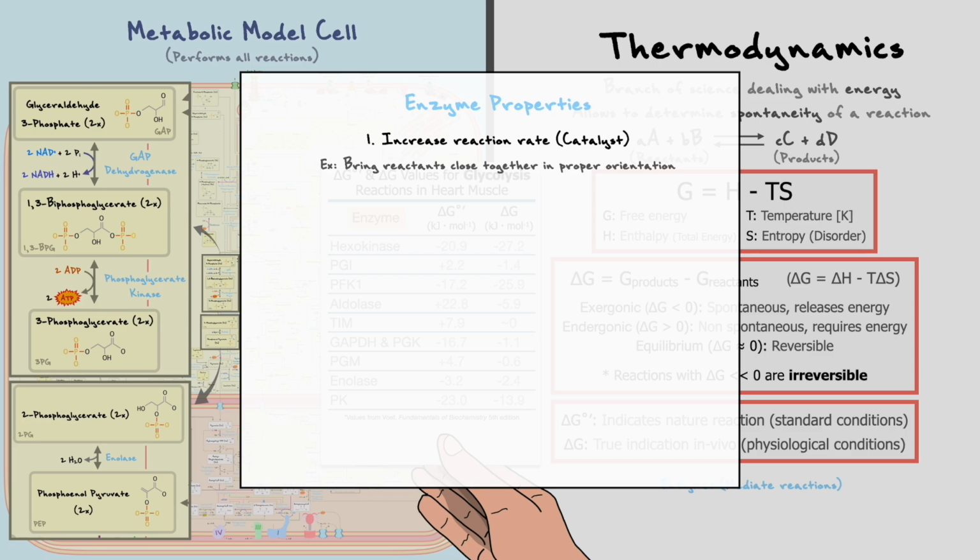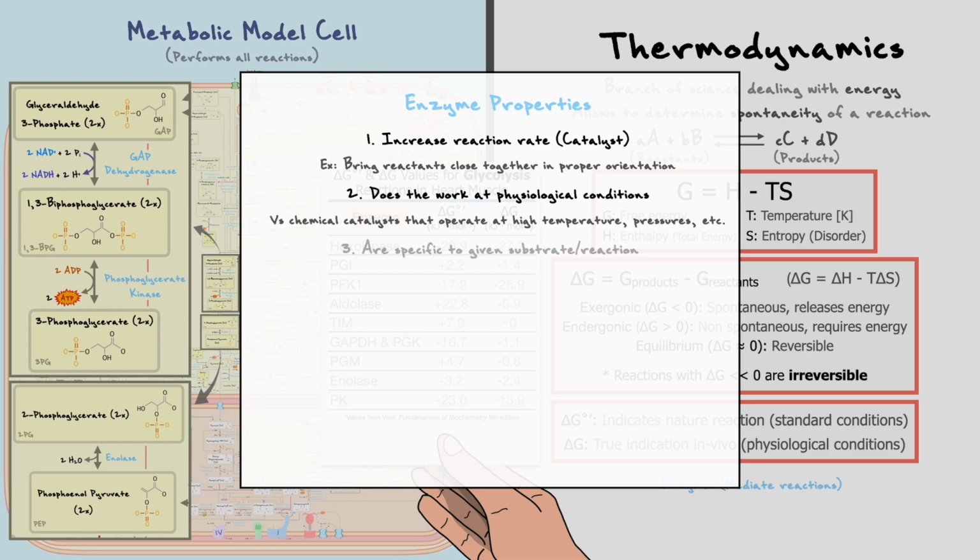The second important aspect about enzymes is that they mediate their activity at physiological conditions, so conditions of the human body, and this is very important to consider given that typical chemical catalysts operate at extreme conditions of temperature, pressure, and so on. Thirdly, again in comparison to chemical catalysts, which are typically non-specific, enzymes are mostly specific to a